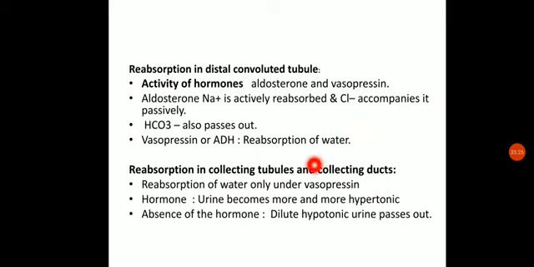So under the effect of vasopressin, the DCT, that is the distal convoluted tubule, will be reabsorbing water. Okay, so vasopressin or ADH will be reabsorbing the water, while aldosterone will be responsible for reabsorption of sodium, chlorine and HCO3. Okay. Now, once these tubules are done, that is the PCT, proximal convoluted tubule, then the loop of Henle, descending and ascending, thin segment, thick segment, then the DCT.